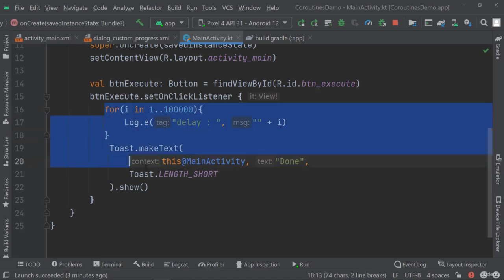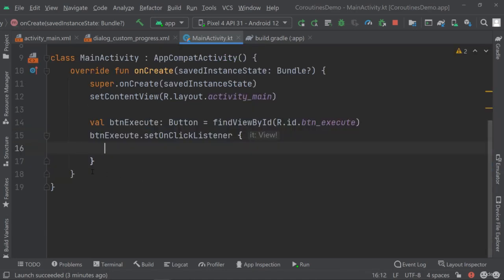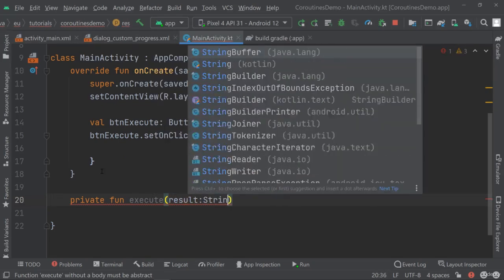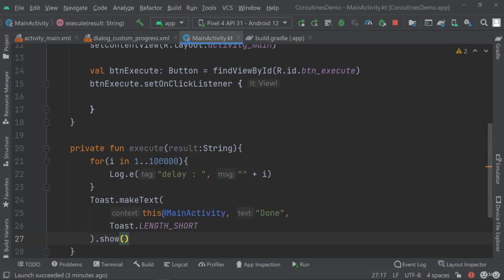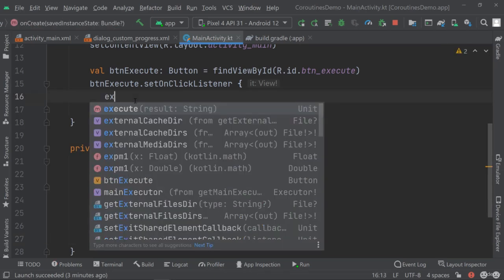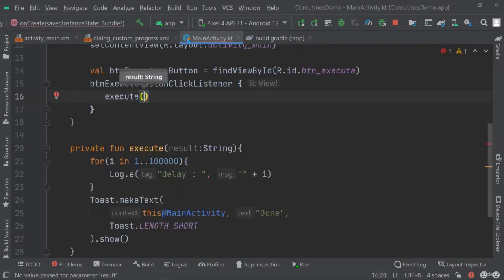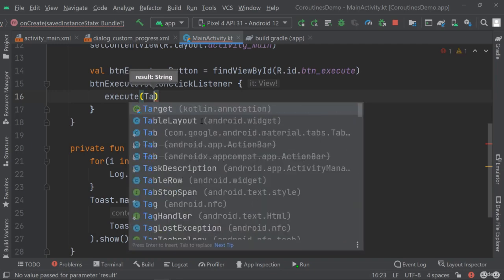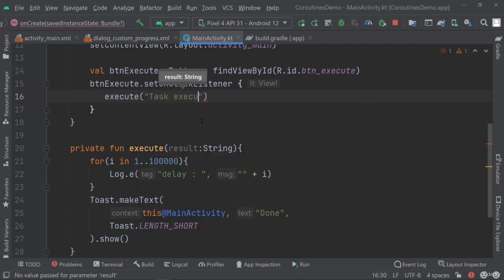First of all, instead of running this code in here, I'm going to create a little function that I'm going to then adjust. So I have this private fun execute, I'm going to call it, and I'm going to pass a result into it, which will be of type string, and it's just going to execute my for loop. So here I just want to run the execute method, and I need to pass a string to it, which will be, for example, task executed